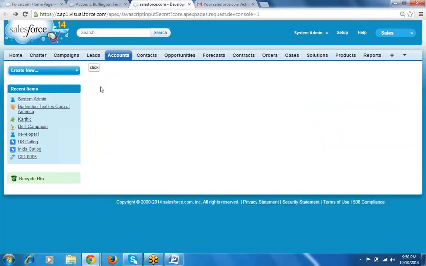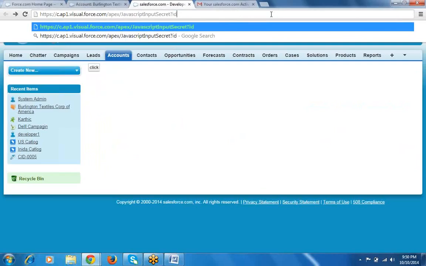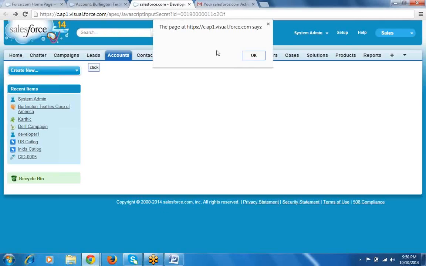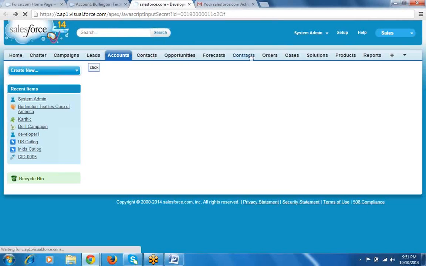When I said input hidden, the value is not displayed here. We are not able to see that value, but the value exists on the page. The value is there in the page, but it's not displayed. When you click on this, the page says